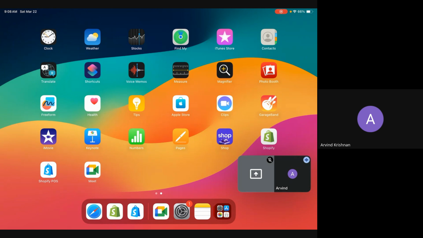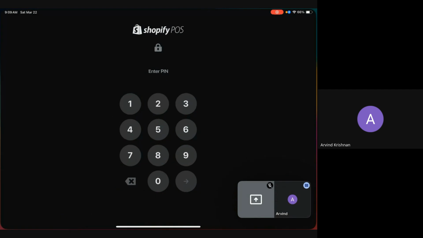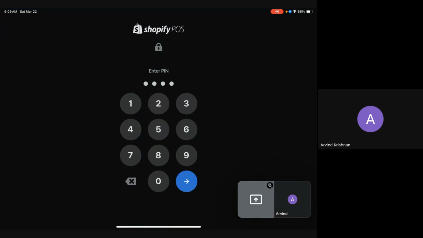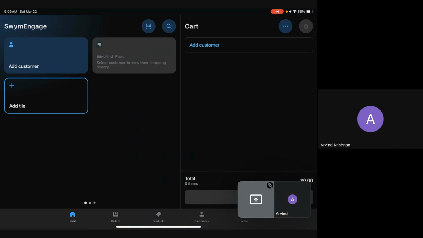Okay, so I'm going to share a quick recording like you requested of how to add a list, or how to add items to a customer's list when they're in the store. So we'll go to the Shopify POS app on my iPad, put in the code. Now, this Wishlist Plus tile, I'm sure you're seeing this as well on your